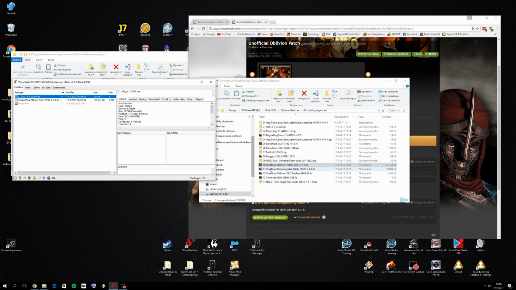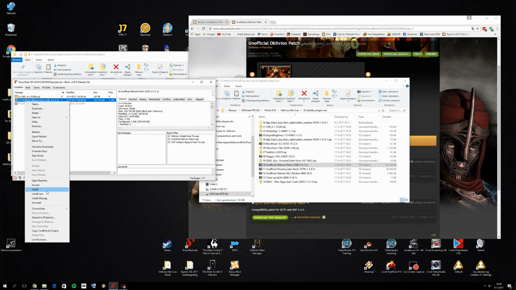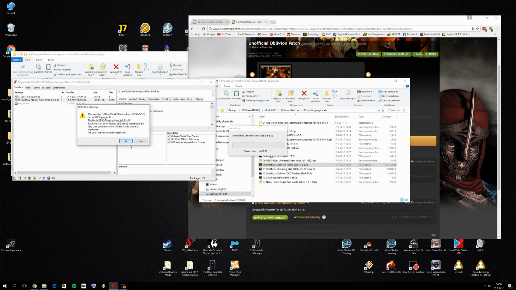copied. And as you can see, my mod is still in my folder. If I would have picked, when Wrye Bash asked if it should copy or move the mods, move, which I did unfortunately in my first installation of everything, now these mods would be gone. So that's pretty annoying, so you have to make sure you pick copy when it asks you the first time. But anyway, right click on the Unofficial Oblivion Patch, click on install,